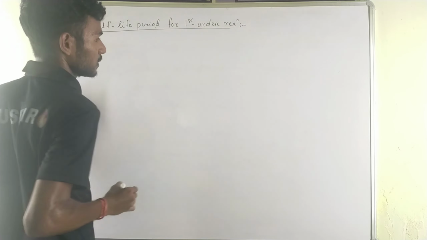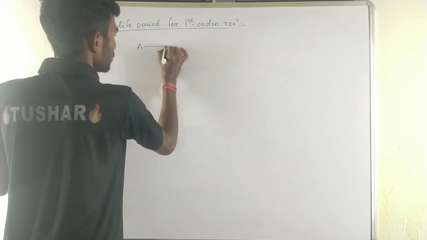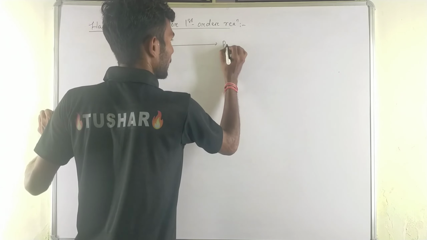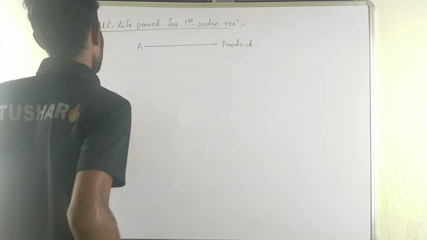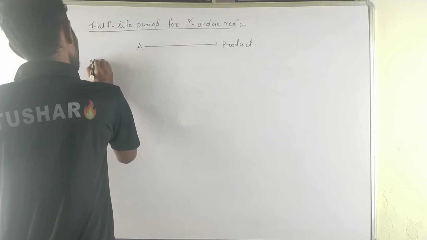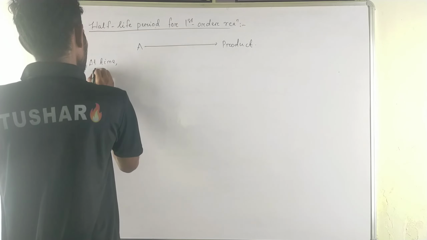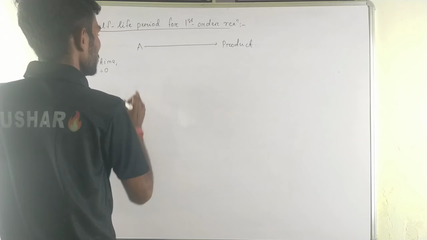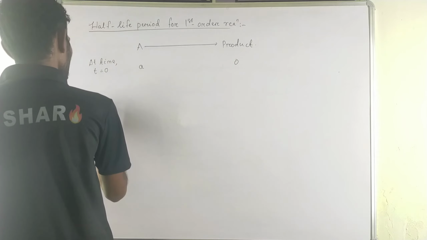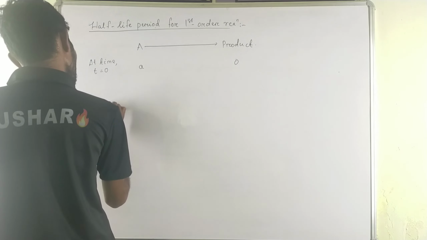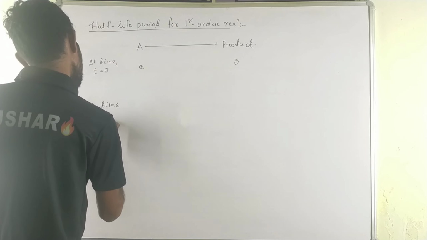Half-life period. Again consider the same reaction: A gives rise to product. At time t equal to 0, the concentration of A is small a and the product is 0. At time t equal to t half,